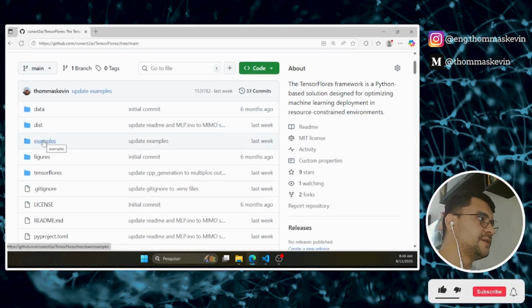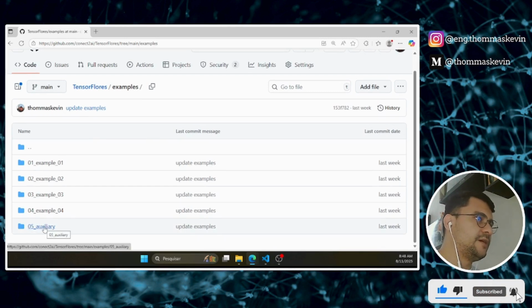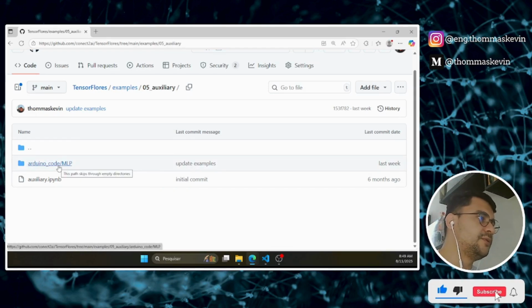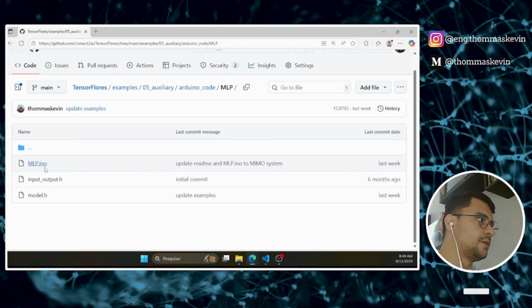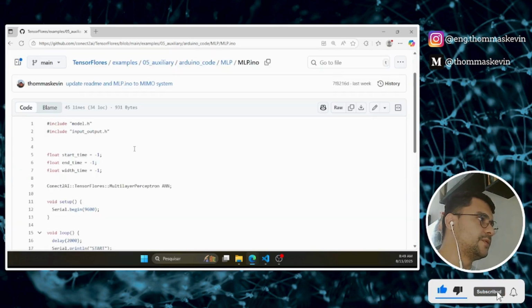Go to Examples and Auxiliares and find for Arduino the underline code MLP. Open mlp.ino